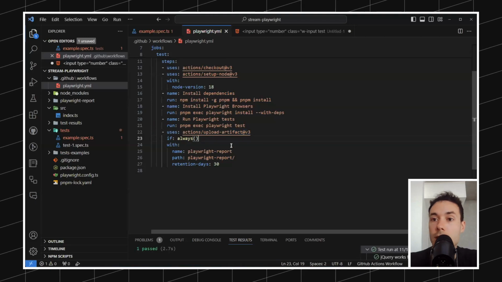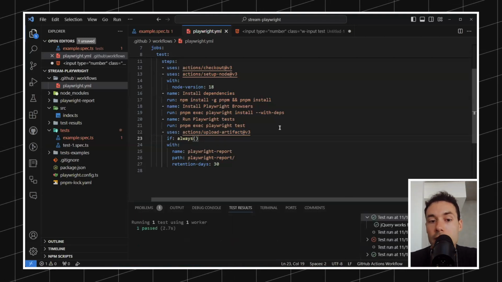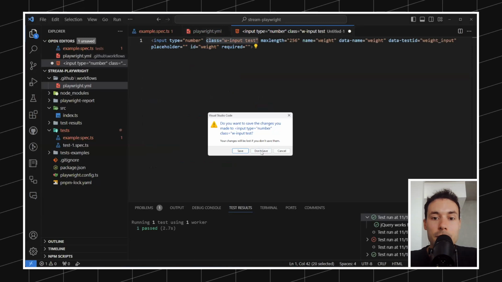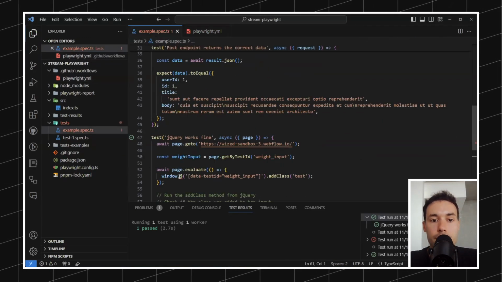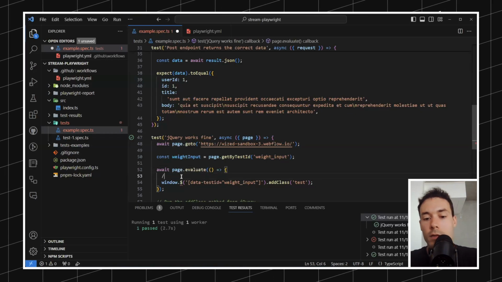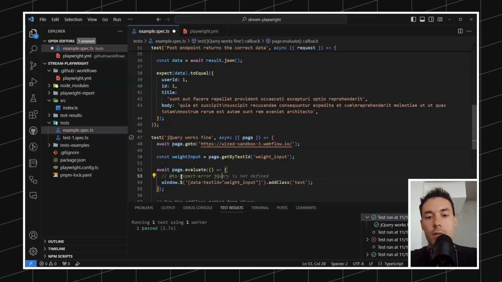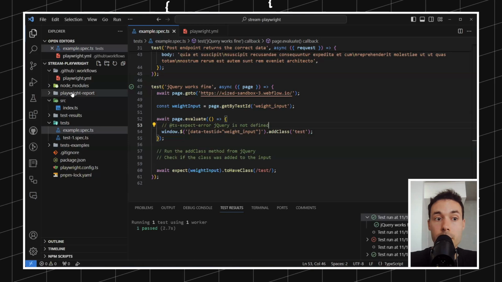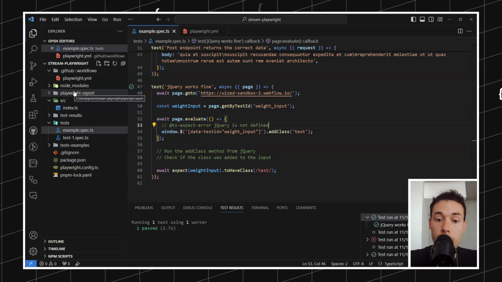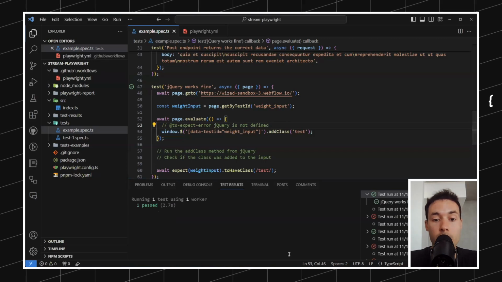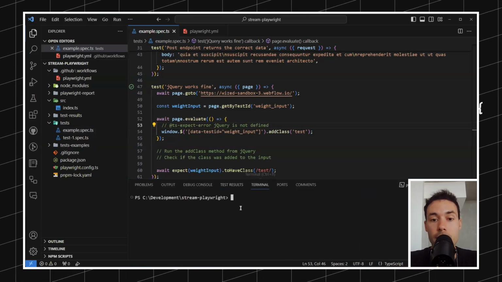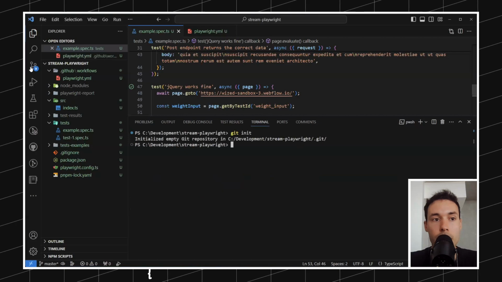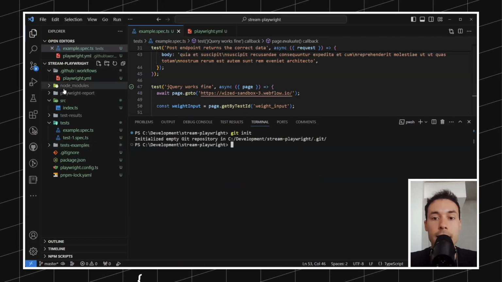And that's it. So we really don't need to do it by ourselves. We could totally write this by hand, but why do it if Playwright did it for us? So this means that because this is a Git repository, all I need to do is just move it to GitHub, and that's it. So let's do it. Right now, I'm just living on my local machine, but I'm gonna init this as a Git repository. So I'm gonna say git init,